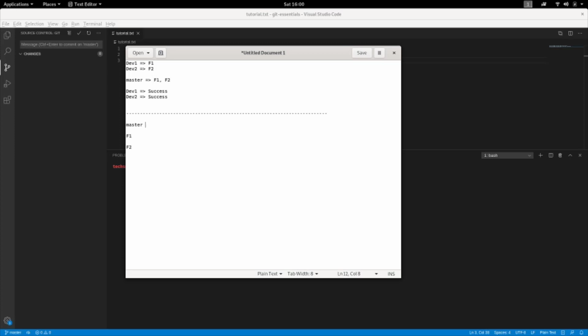In master branch I have a few changes, that is commit 1, commit 2 and commit 3. Let me do the following. Master has only the C1 commit right now. Master has one commit, that is C1.